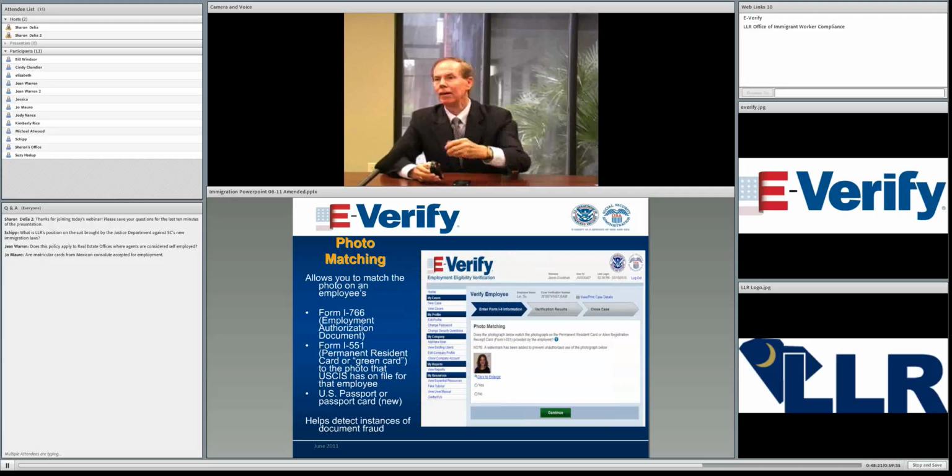And E-Verify used to have a weakness in it: if it was a non-U.S. citizen, there were a lot of phony documents that were clearing the E-Verify system. For example, Ho Chi Minh had gotten a permanent resident card 3 or 4 years ago, and it was valid in every respect because it was issued to Ho Chi Minh, and it matched up with his date of birth, the alien number, the card number, they were all good. But he either lost the document or he had sold it on the black market. Then all of a sudden there were 1,000 Ho Chi Minhs walking around, and they were simply lifting their photograph